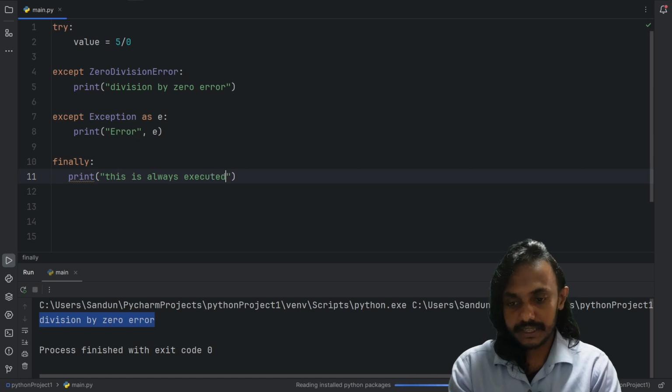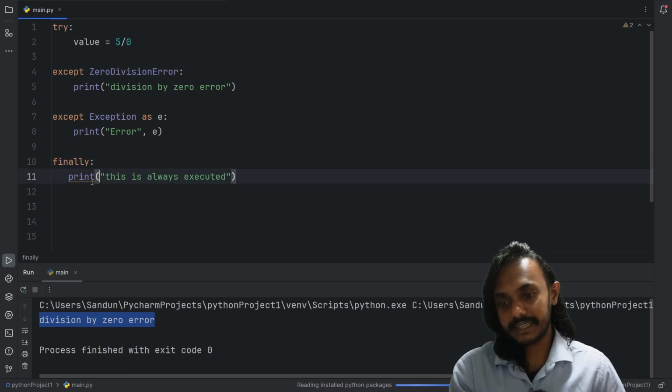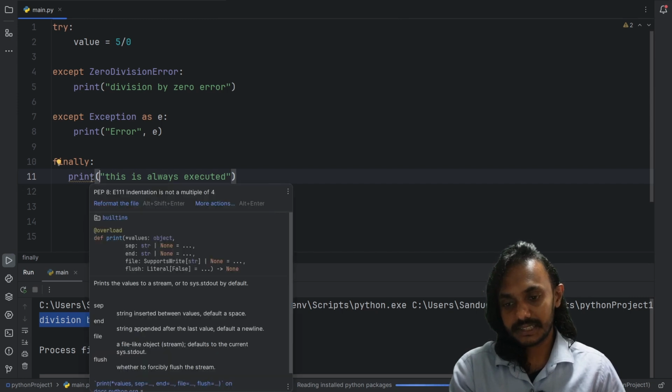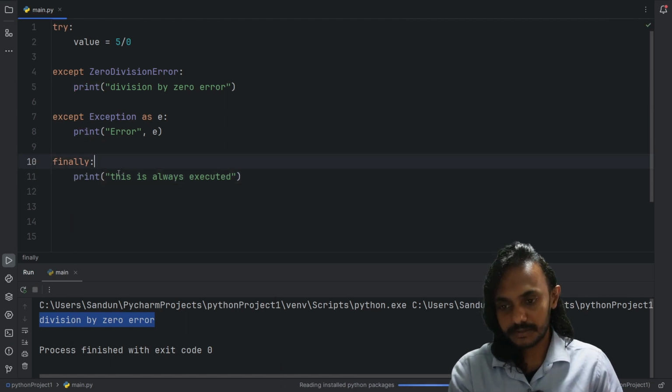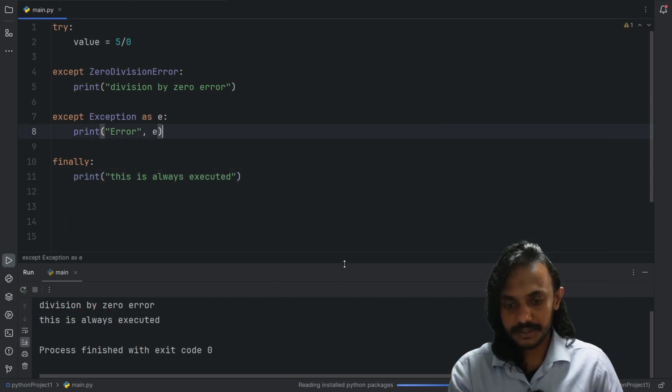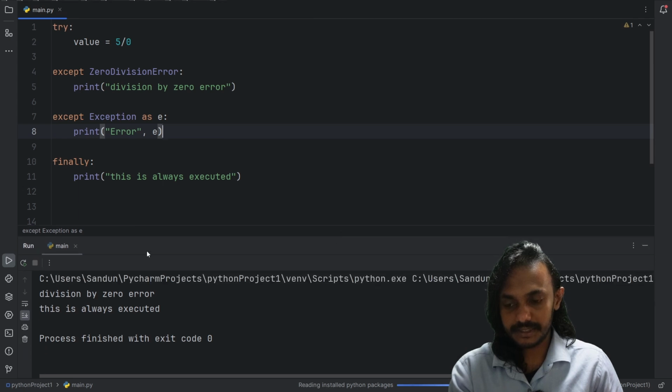So anything that we need to handle at the end could be implemented here, so that it is strictly executed. Let me also run this one, and here you can see that it's a division by 0 error which is captured by this except block, and we can also see this result at the end, as the finally block